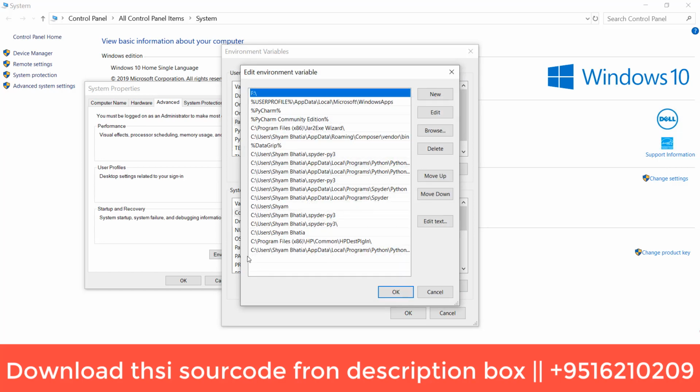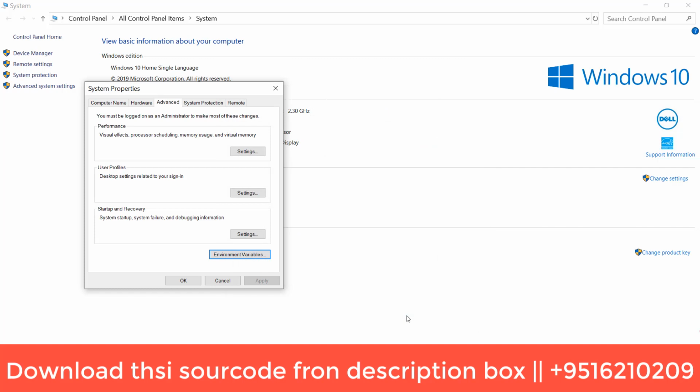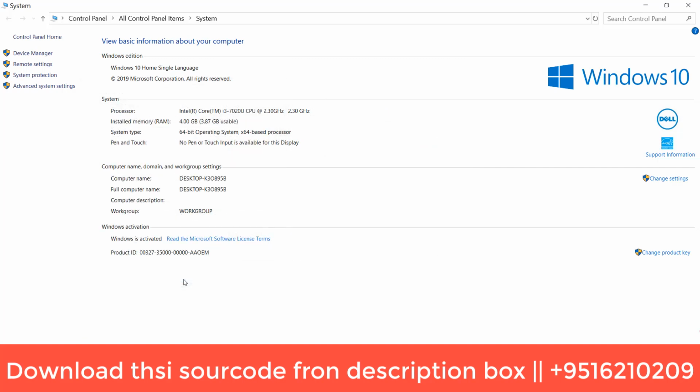Okay, so I already made it for Programs and Python, so I am not doing that. But in your case, up to the Scripts folder, this setting you must do. I have already done it, so I am not making it again. But in your case, if the error occurs, then do that thing. Okay, and press OK again.